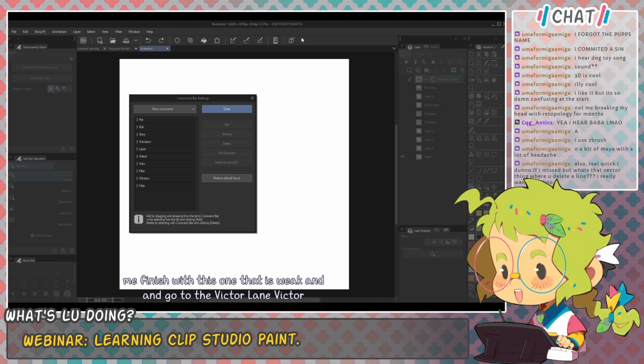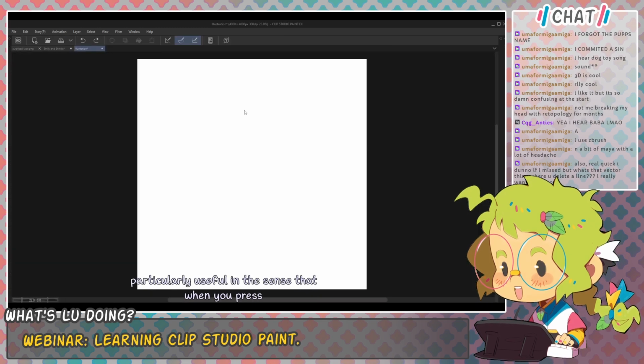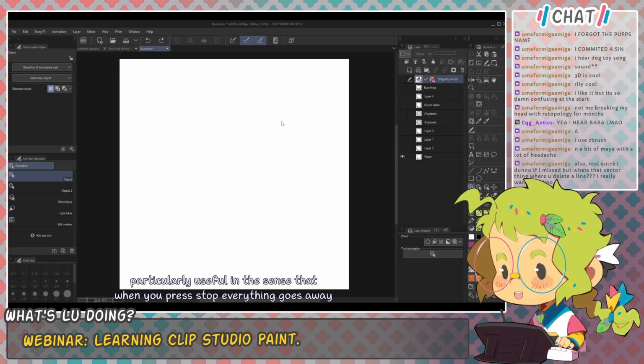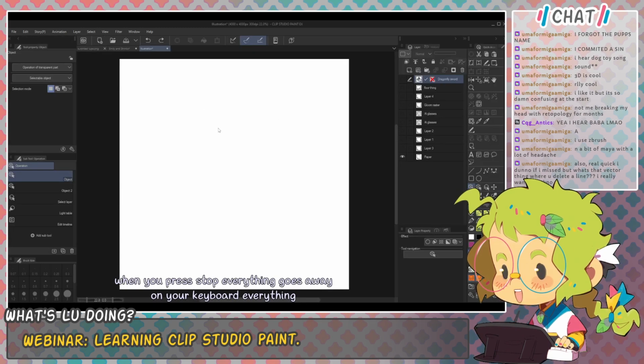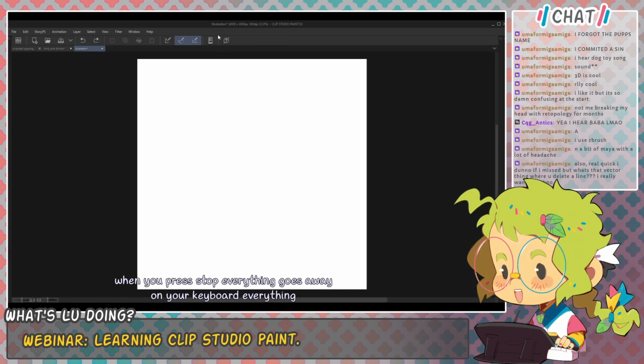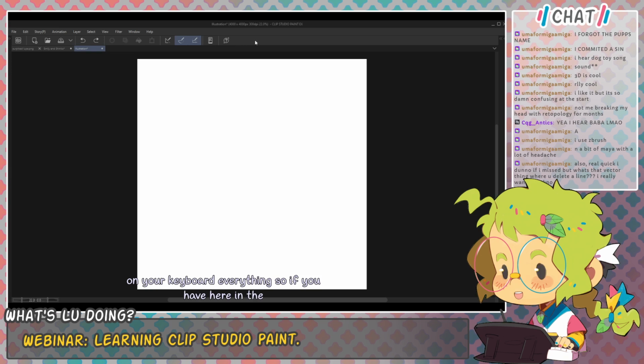This is a command bar. This one is particularly useful in the sense that when you press tab, everything goes away. If you press the tab on your keyboard, everything goes into hiding until you press it again, and then everything appears except for the command bar. So if you have the pen and the eraser here, and you're not used to using shortcuts, it might be